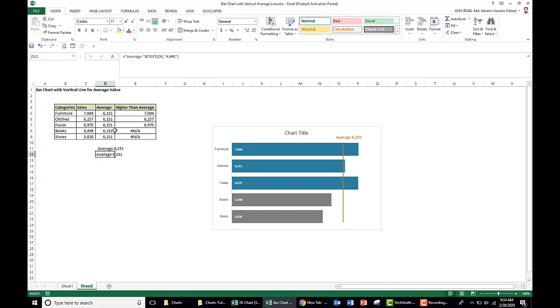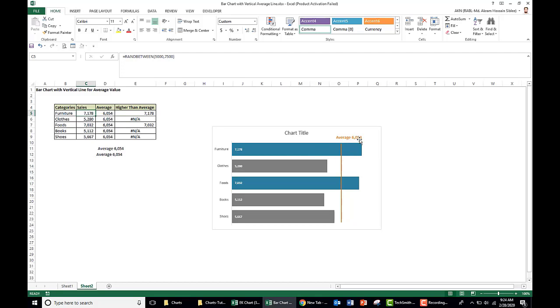So here we make the data label link to this cell. Now when you change your data, we take a random value, when you save or change anything, then it changes automatically.